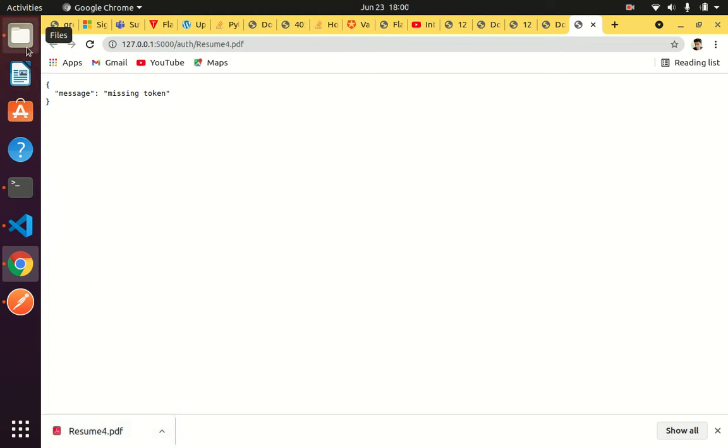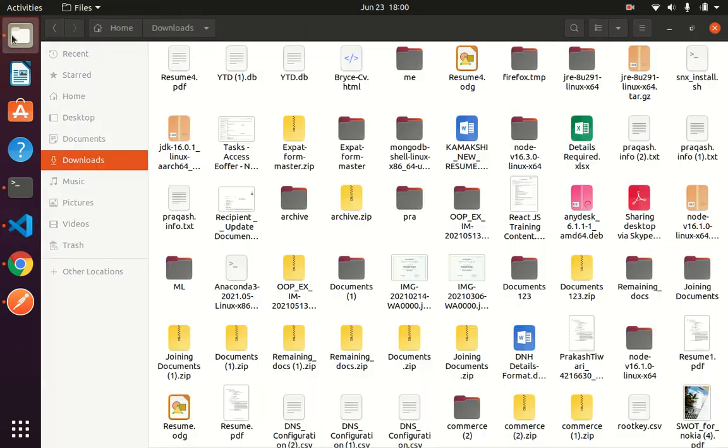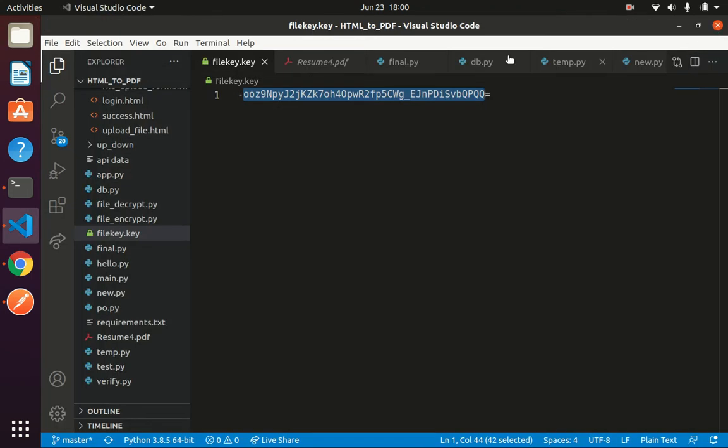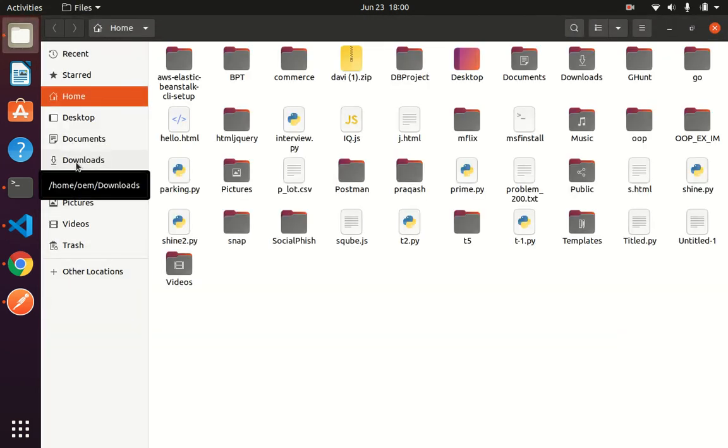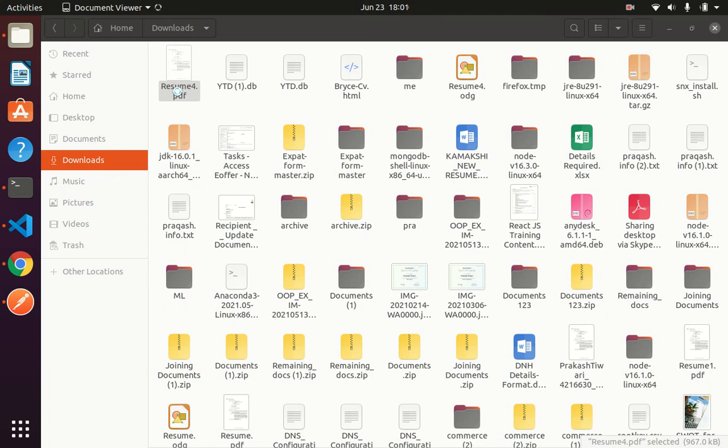Earlier it was present on the server as an encrypted file, but now we have downloaded it, and it should be in downloads somewhere. Let me reopen. It has definitely been downloaded. Okay, there we go. This is the file, and the good thing is this is the decrypted one. I can read it. I can actually read it.